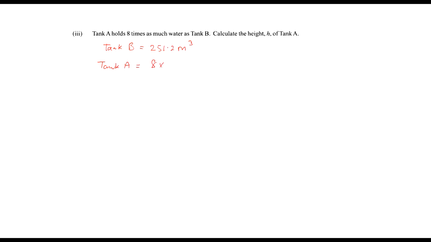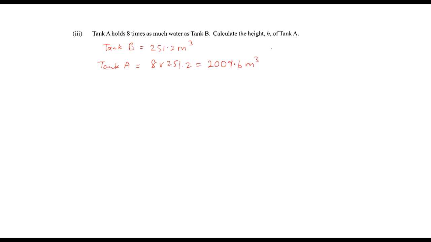So it's 8 multiplied by 251.2, and that gives me 2009.6 meters cubed. Right, so that's the volume that tank A can hold, and they want to know the height